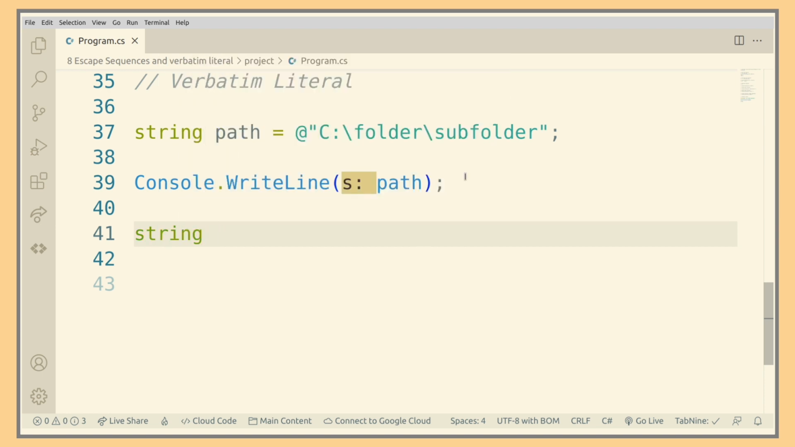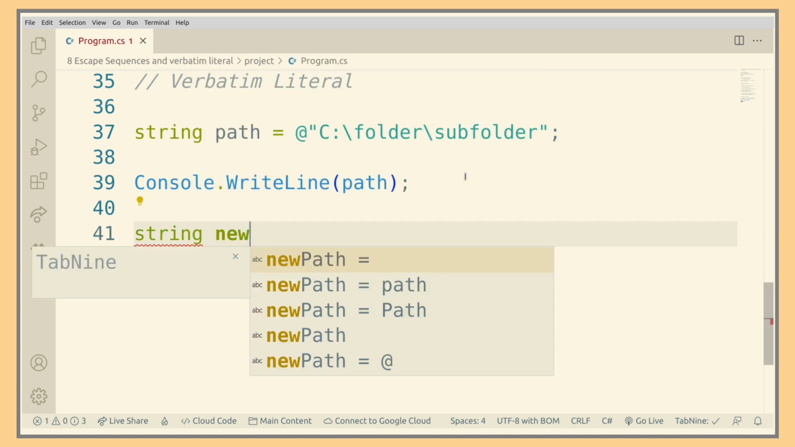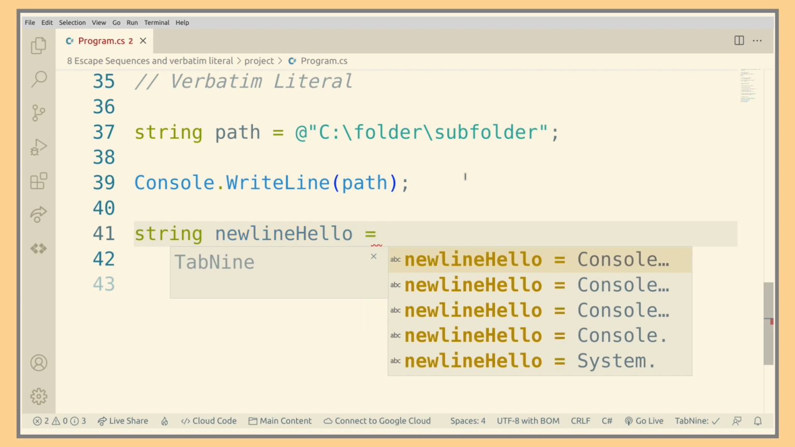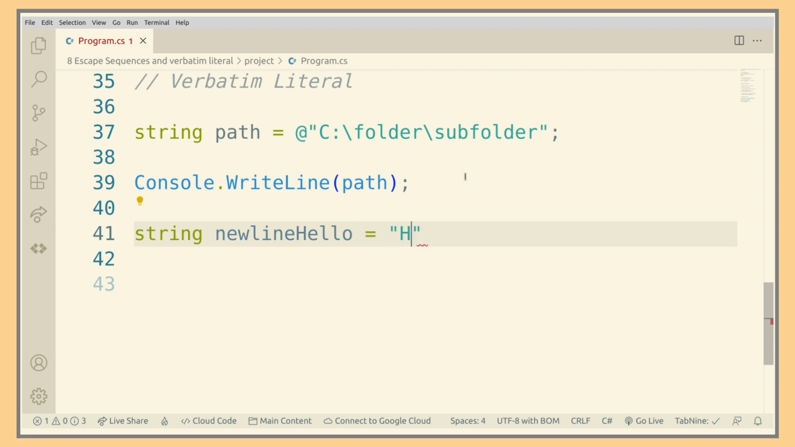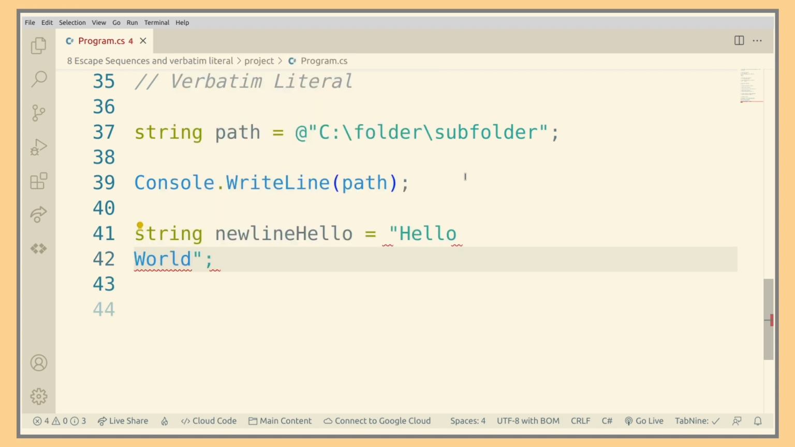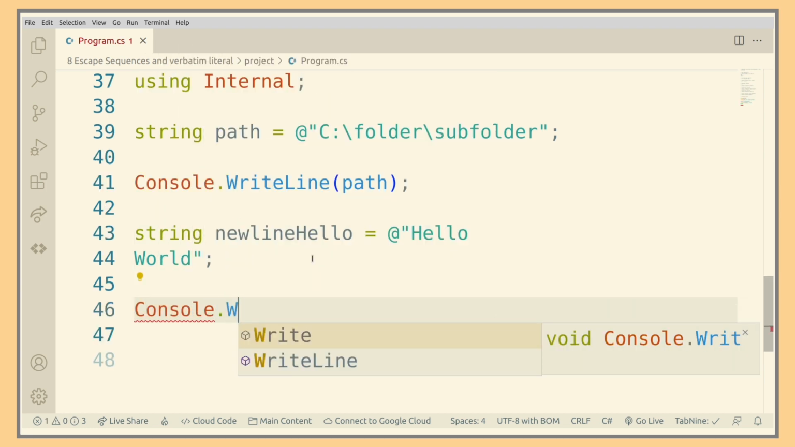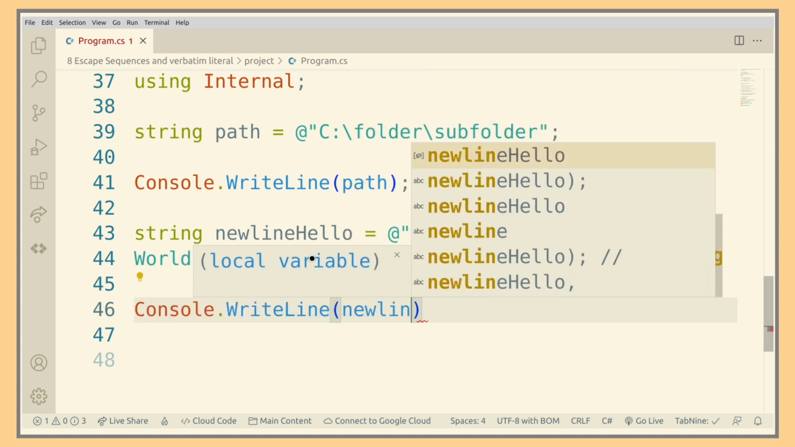And if we create another string, like for example, a new line, hello, so you create it like this one, hello world. So here you can see there is an error because we can't just do it like this one, but if we add a verbatim literal at the starting, we can do it easily. So if you print this WriteLine new line hello,